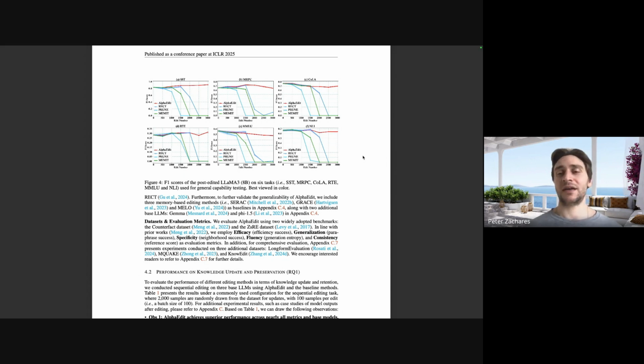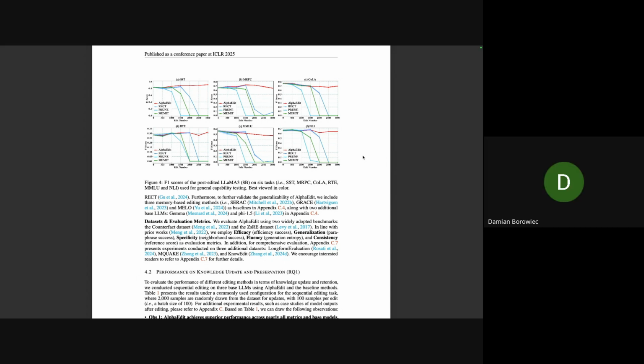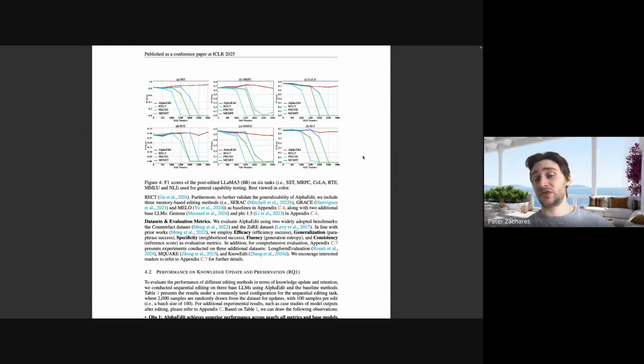But also trying to figure out how big the null space is, like if there's more information that can be added, I also think would be a good thing to add to the paper. Maybe they're going to do a journal paper on that. And it's also the idea of removing information, right? For some facts, before even adding a new replacement fact, you'd want to remove the original one. And that's actually a hard one too, because it's not clear how you could take this method and use it to forget things.